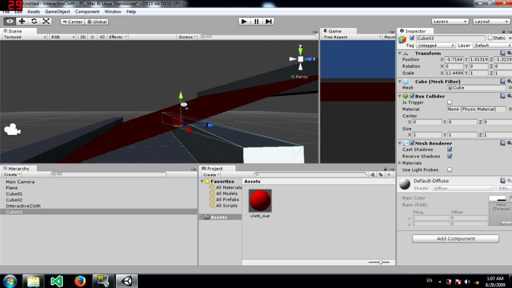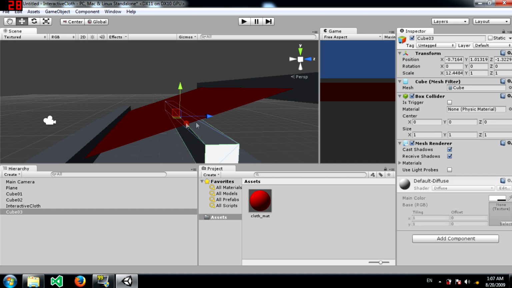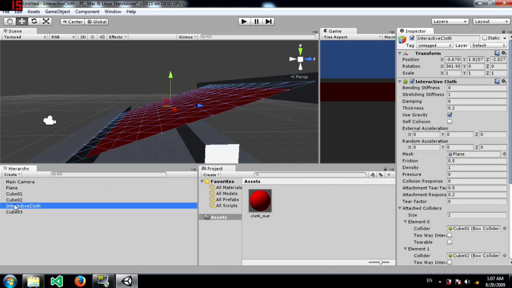So you can see it's not attached, and it's not intersecting the cloth either. Now if I run the game now, the cloth is not soft enough. It's not stretchy enough to touch down there. So just to show you that it is actually colliding with that cube, I'm going to change the